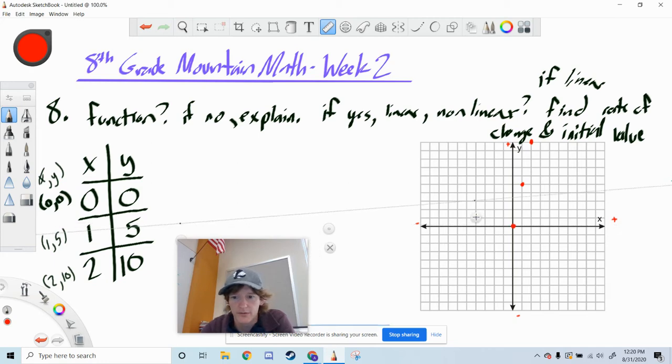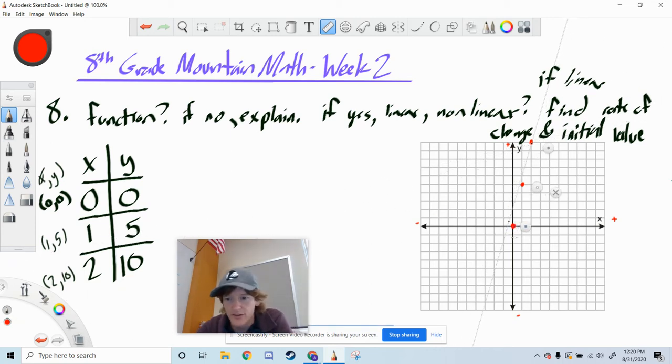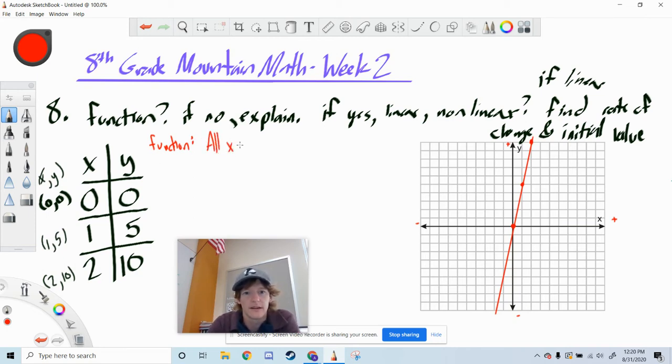So we need to decide, is this linear? Well, let's check. I can put my ruler here, and I want to see if these all do line up. It looks like they do. So yes, it is linear. So we need to decide, okay, is this a function? Definition of a function. In x and y form, all x's